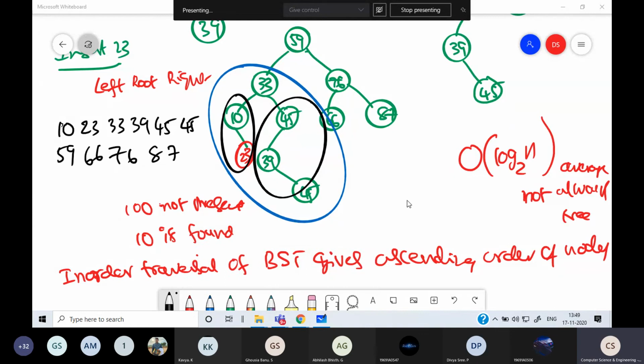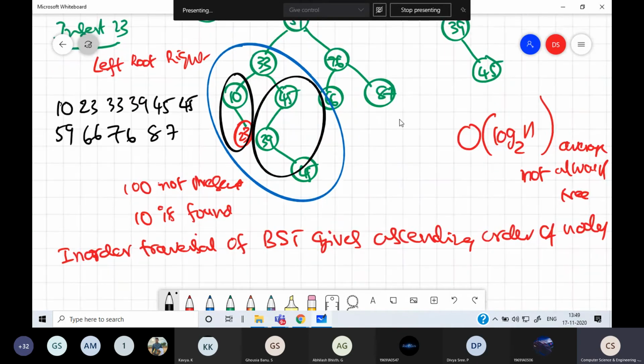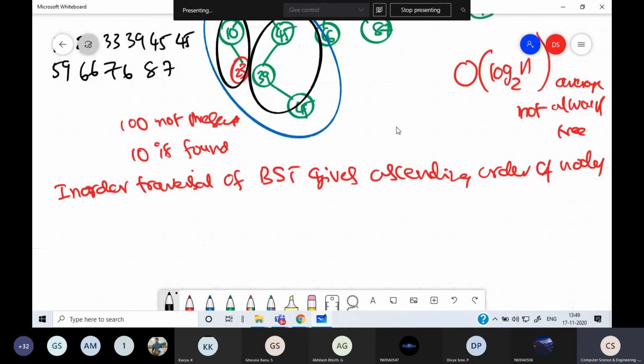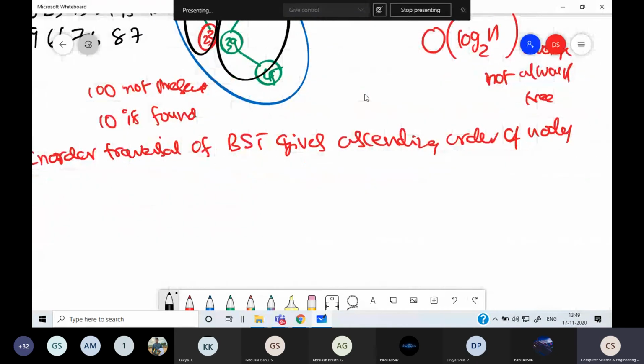We'll be writing programs on the binary search tree, but before that, this is the problem with the binary search tree: if the tree is skewed. A tree is skewed when the nodes are on one side of the tree, either only left side or only right side, or partially skewed.